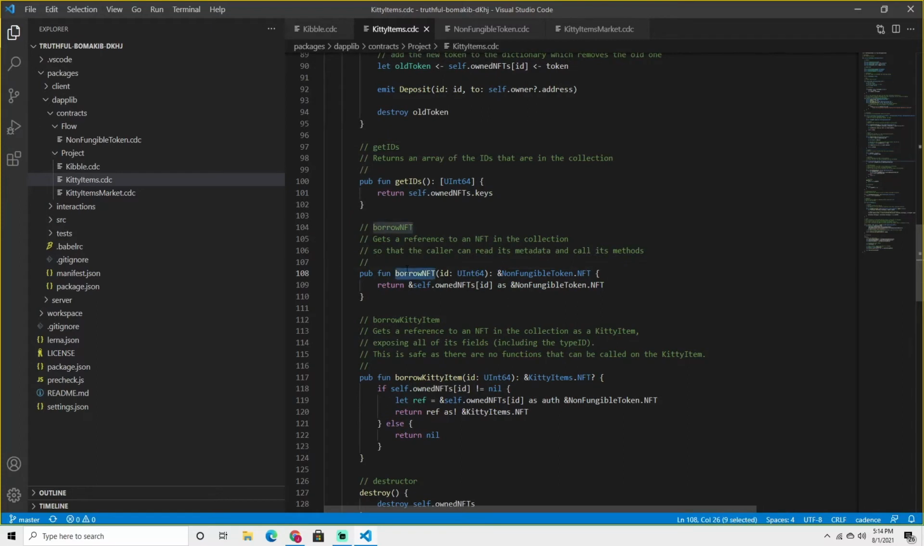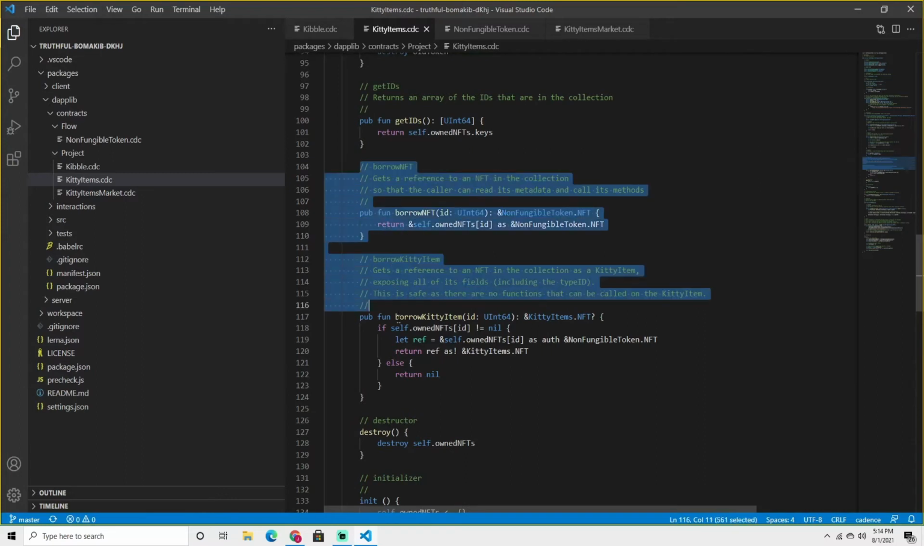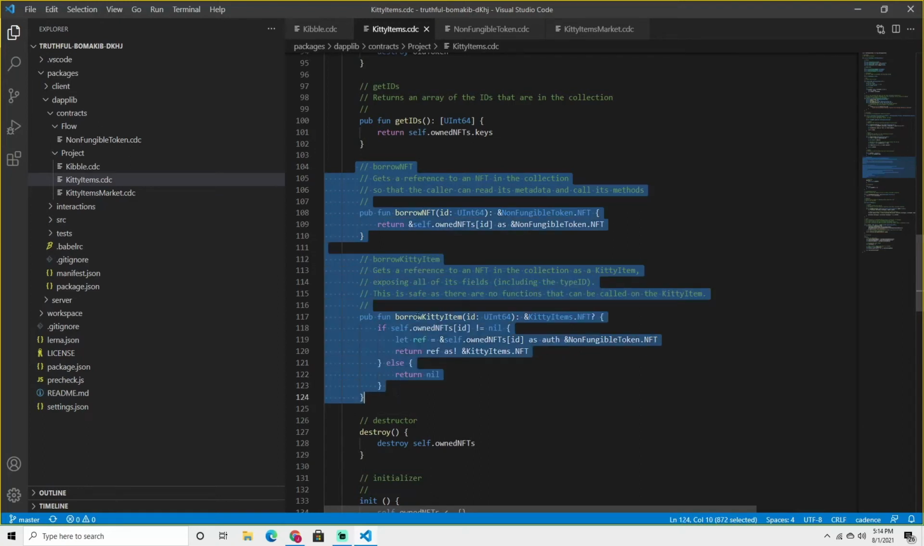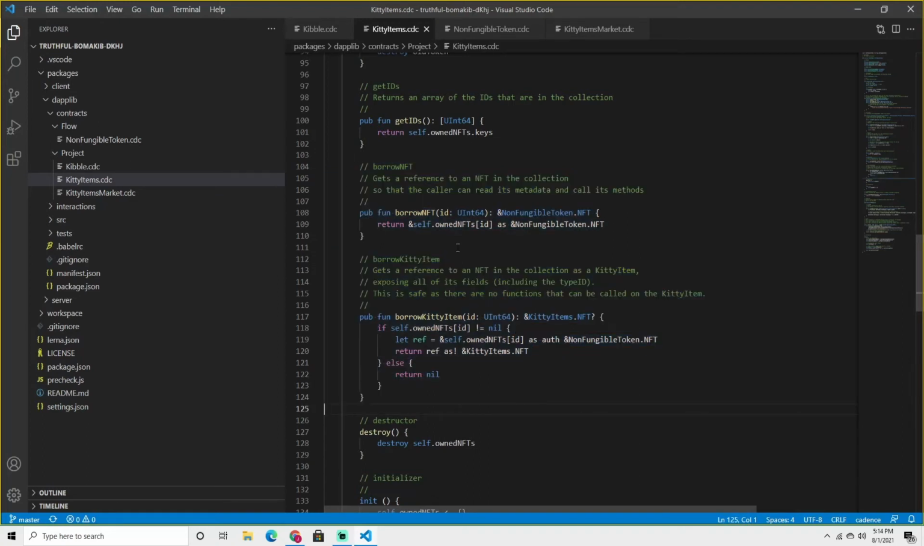We have borrowNFT, and what this does is return an NFT reference from our ownedNFTs dictionary, so that we can maybe read some fields on it and stuff like that. But I will say that these two are probably not that important. If you're getting stuck on these, you can always ask me in the Burning Questions channel, but these two aren't that important. You're probably not going to be using these that much, but it is cool to understand how we can borrow references from a dictionary and return them so that maybe our script or transaction can read